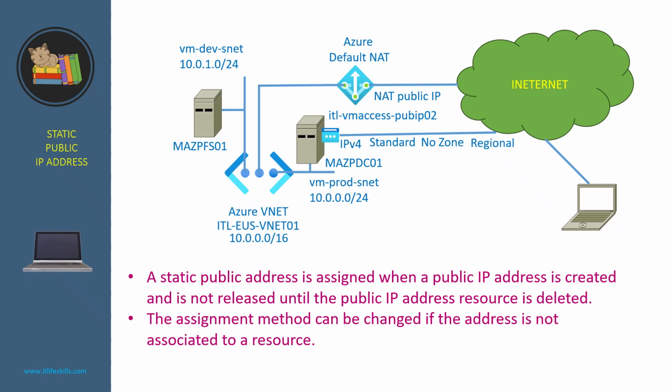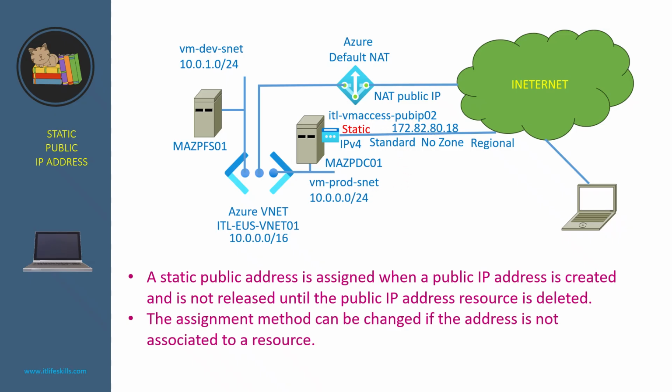For example, when we create a public IP address itl-vmaccess-pubip02 and make it static, it will immediately allocate it with a public IP address, for example, 172.82.80.18, and we can associate it with